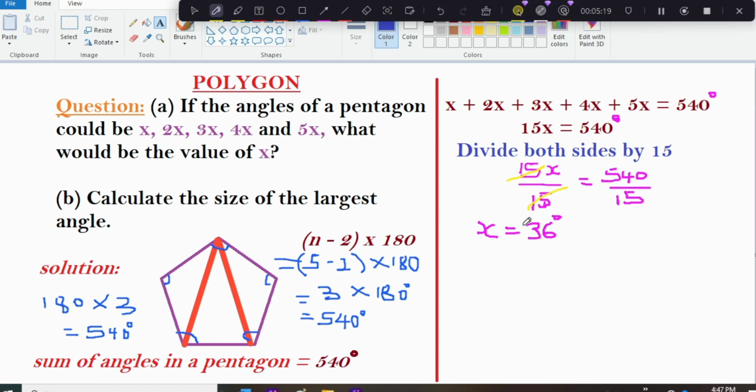That means that 2x will be 36 times 2, and 3x will be 3 times 36, 4x will be 4 times 36, and 5x will be 5 times 36. But the largest of them is 5x. So that means that we can answer question B, calculate the size of the largest angle. So question B,